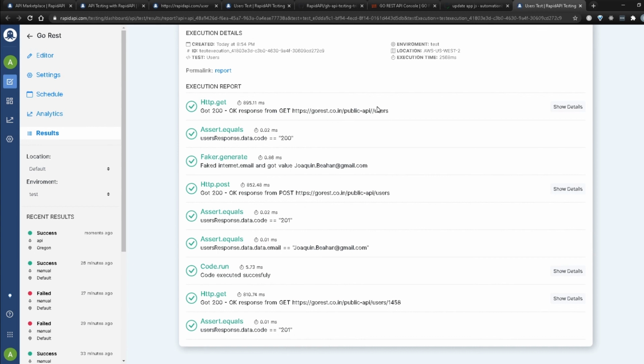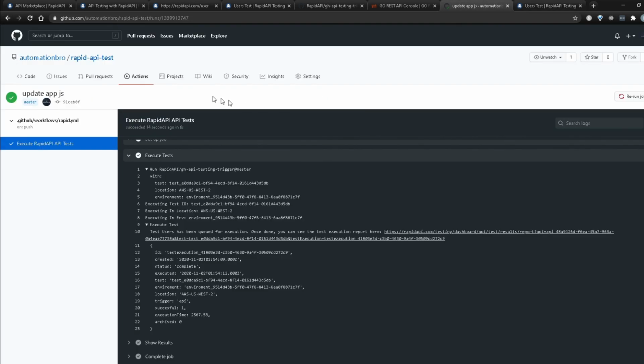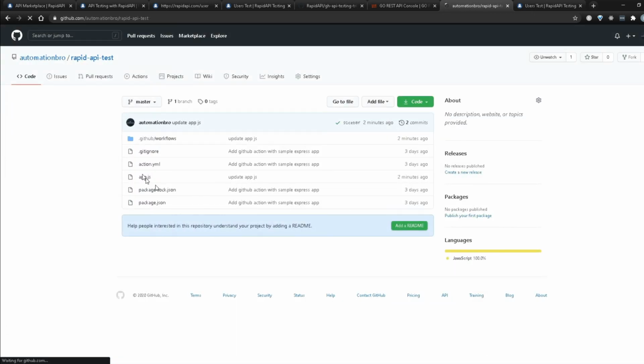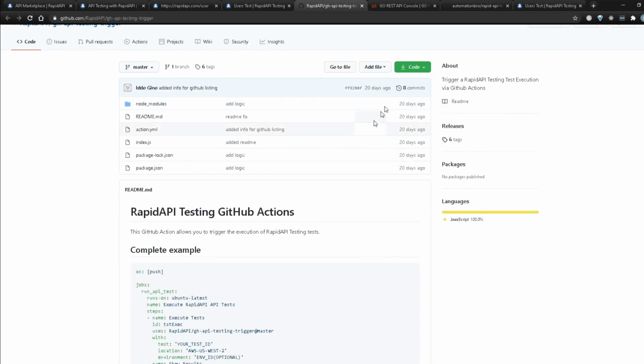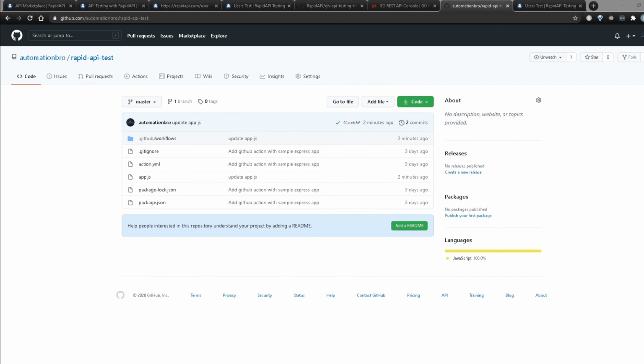So this is what we did, right? We created a get test, we have our assertions here, and the post route as well as another get route for that. So all of this is actually working, and we just did that using a GitHub action. Now how that works is you can actually go into my Rapid API test to see how this is working. So I've set up this workflow as well as this action YAML file, which is actually pretty much doing all of the job. And it's basically a copy of what these guys were doing over here. So that's pretty much how you can actually set up your own GitHub actions with Rapid API.